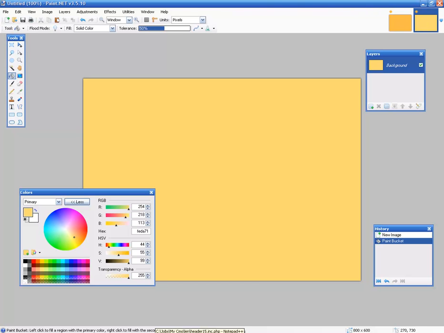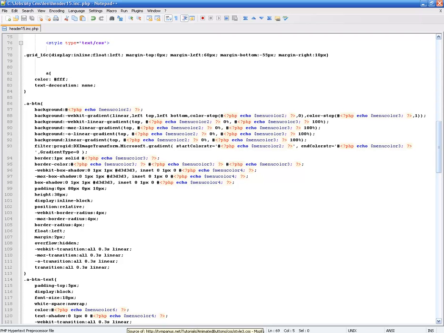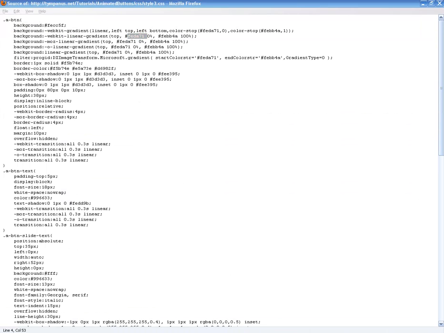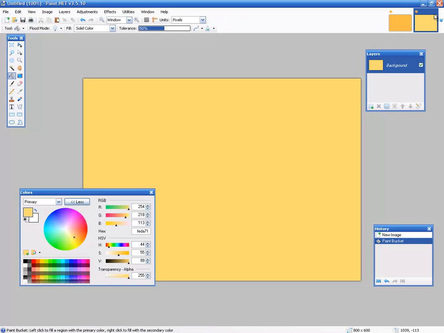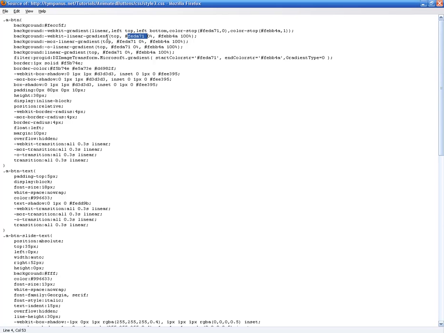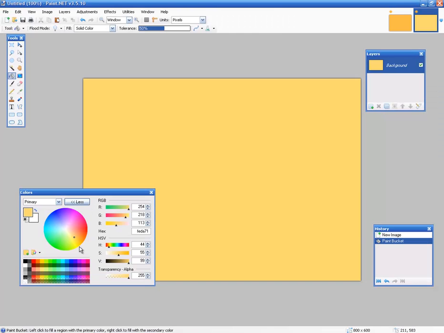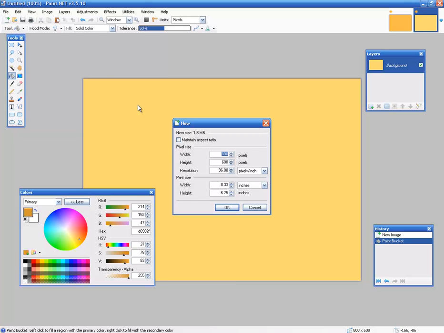Now this is the color that in the sheet is on the right, and here it's on the left, so don't let that confuse you. But this is the first color that we started out with, and you'll notice that this is a lighter color. You can do this throughout your style sheet. Basically what you want to do is take every one of these different colors and shades and just copy them out, put them in your paint program like so, and as you open them up, I'll start a new one here,